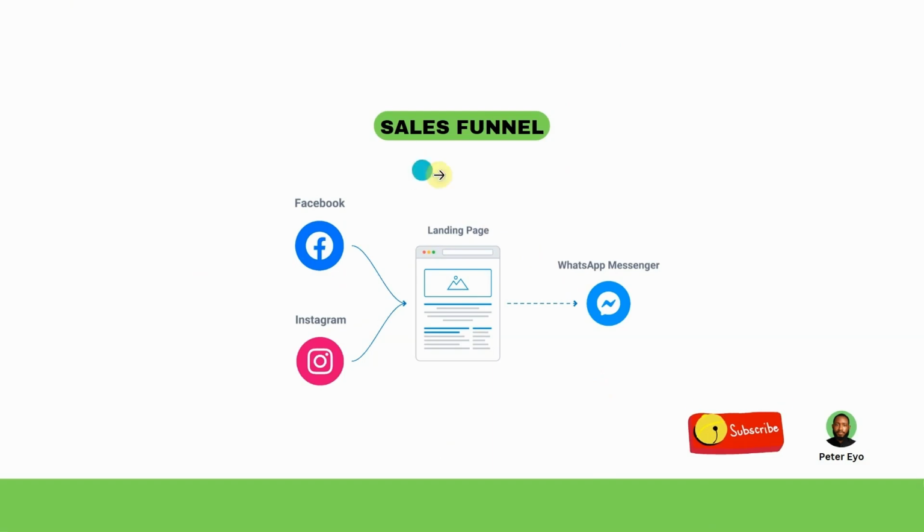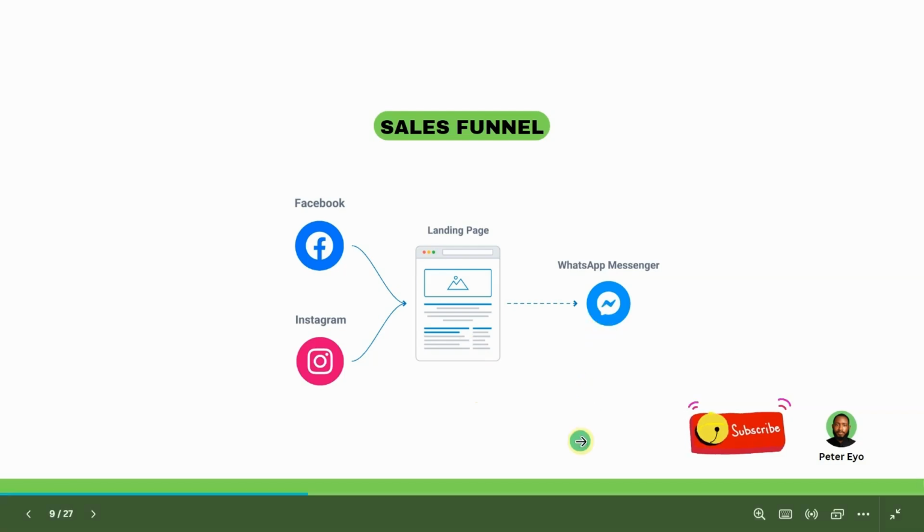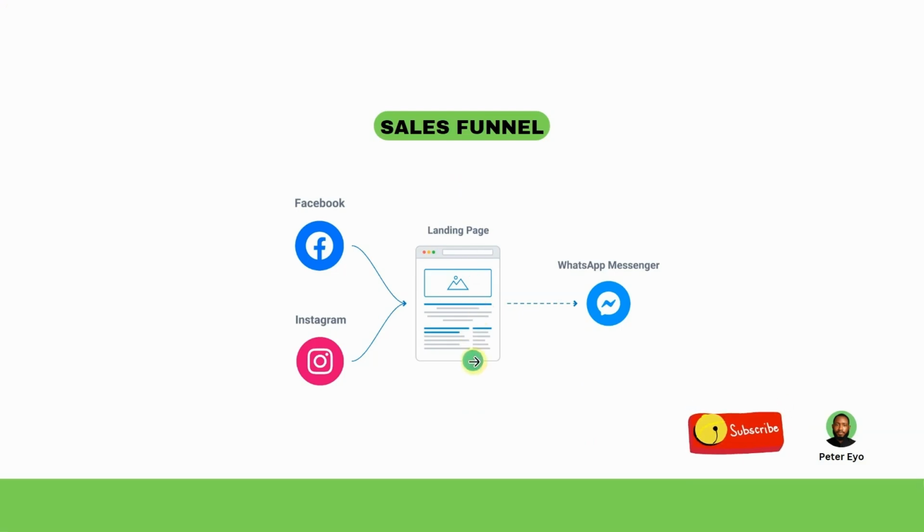So you want to have a website. From the website, you can send people to your WhatsApp. This is a very simple funnel and it is very, very effective. The purpose of this landing page is to make sure that anybody sending us a message on WhatsApp is either ready to make payment or get clarity before they make payment. So we don't just want anybody to send us a message on WhatsApp. We want people to read the landing page, read the content of the class, understand what they are signing up for before they send us a message on WhatsApp to make payments.